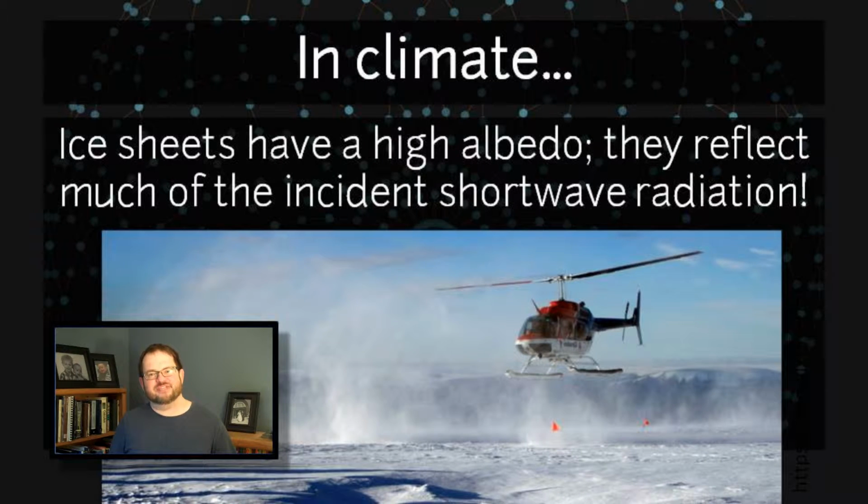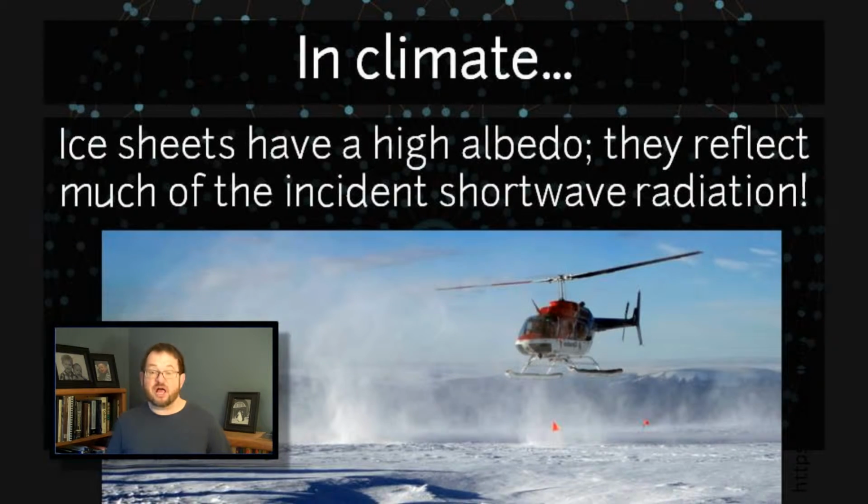Welcome back to the second half of this lecture about radiation and how it's going to be part of climate. Now, there are a lot of aspects of our climate system that are about radiation: how radiation is being reflected, how it's being absorbed, how it's being transmitted. Whether we're talking about ice sheets or greenhouse gases or the ozone layer or the atmosphere or clouds, there are a lot of factors in a lot of climate processes in our climate system that are about how radiation is